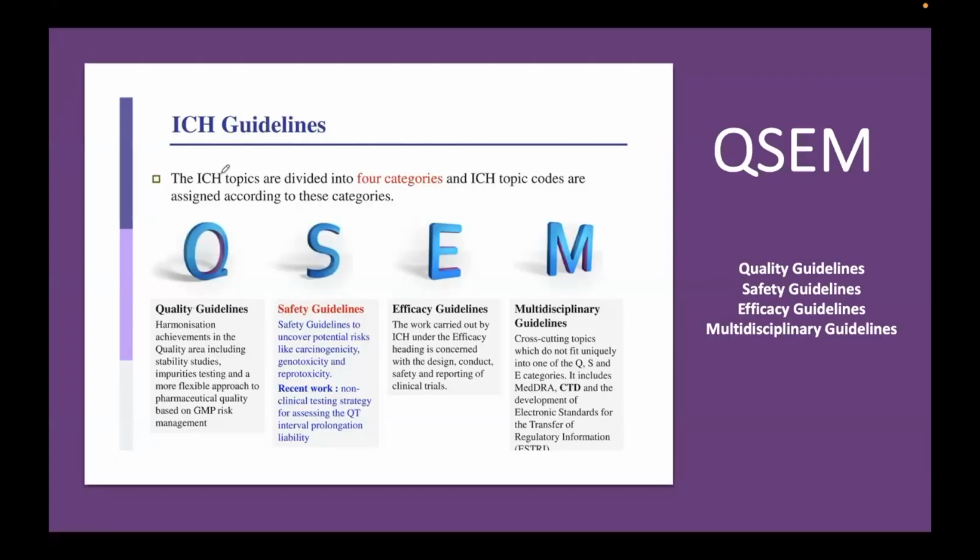Now, under the ICH guidelines, there are 4 categories. I will require you to study this, and this is your mnemonic, QSEM. So this is what everyone has to remember. Q means quality guidelines, S means safety guidelines, E means efficacy guidelines, M means multidisciplinary guidelines. So what are the 4 categories of the ICH guidelines? First is quality, second is safety, third is efficacy, last is multidisciplinary guidelines. So just remember